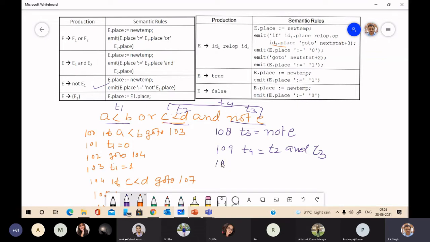So at 110, a new temporary is generated, T5, where E1 place is T1 or E2 place is T4. So this will be the sequence of code for this expression. Okay.